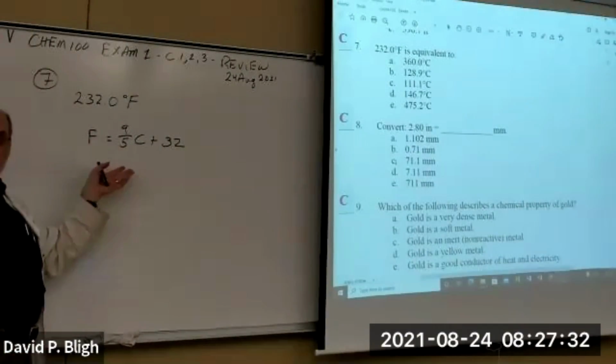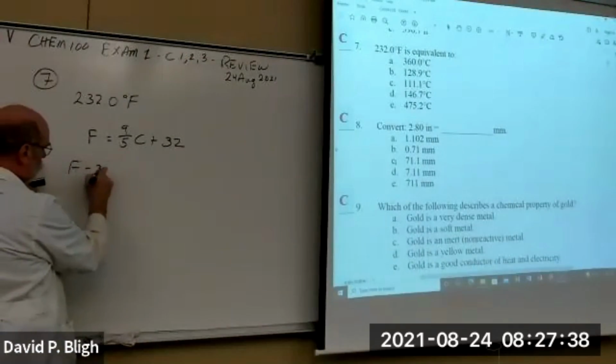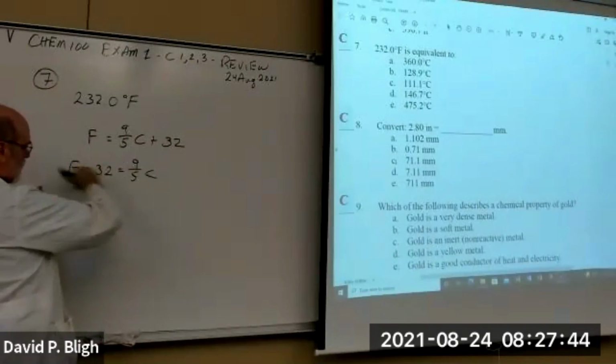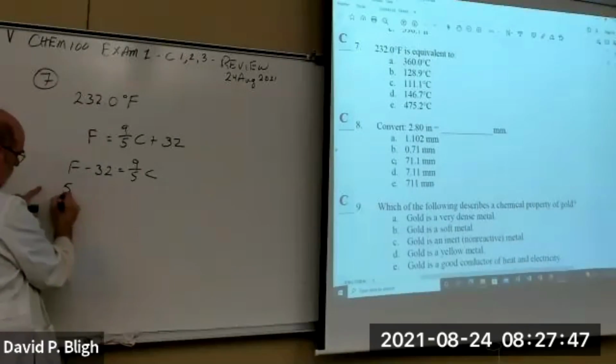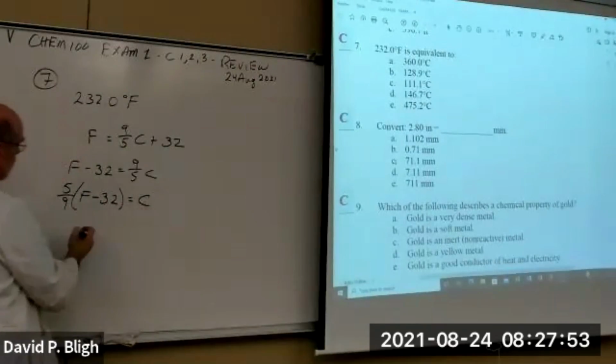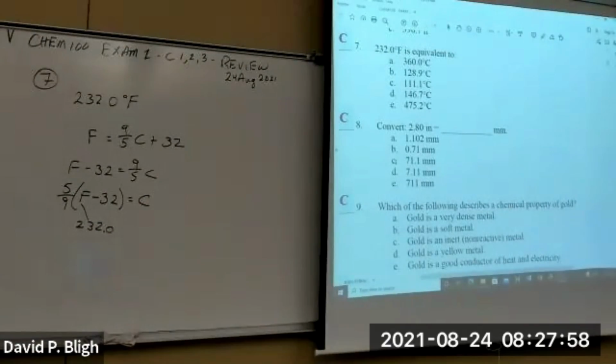So I'm going to solve for the one that I want. I want to solve for that one. So this has to come over here. Right? And then this flips times that. Right? And then we put in here 232.0. So I get 111.1111